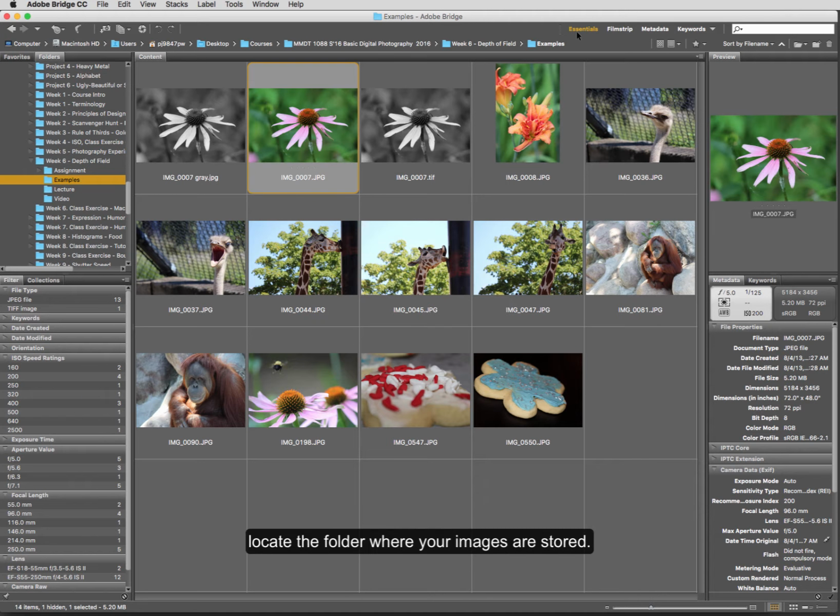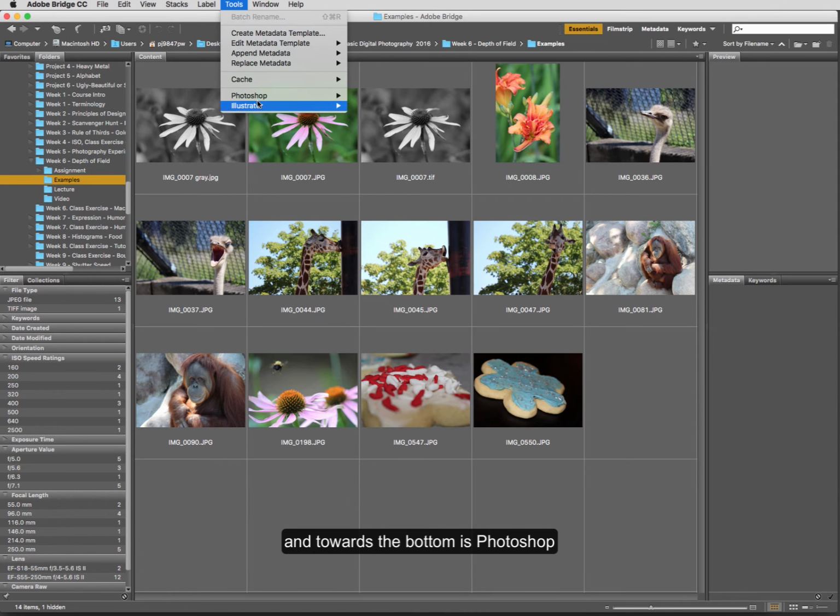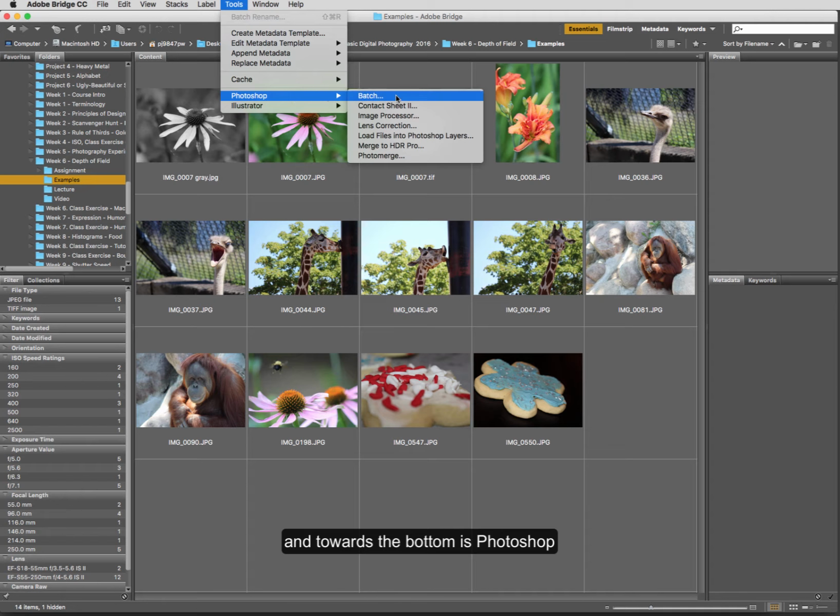So what we're going to do is locate the folder where your images are stored. So what I did is I navigated to the specific folder that has all of my examples. Then I'll need to go under my Tools menu here in Bridge, and towards the bottom is Photoshop, and I'm going to locate Contact Sheet 2... That's that ellipsis that tells me something else is going to open. So when I click that,